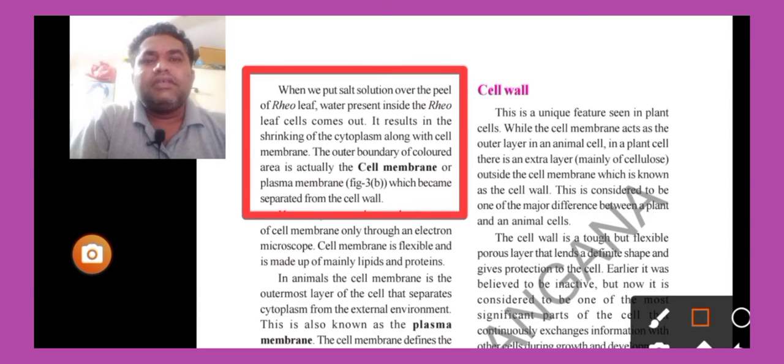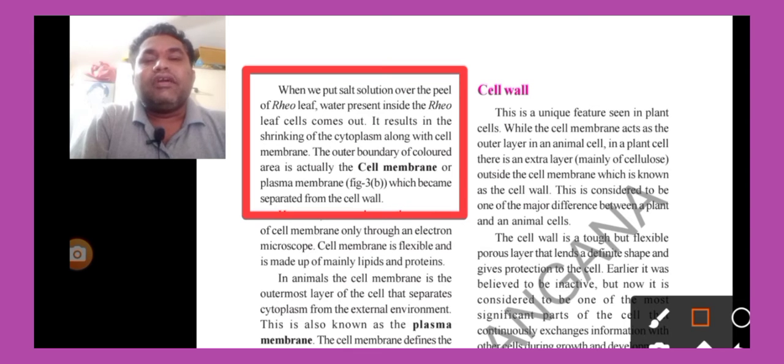Good morning, students. So today we are going to discuss ninth class biology. The important topic I already explained to you previously, plasma membrane and its structure, and how we can prepare the slide of the plasma membrane. Now let us know some more important characteristic features about the plasma membrane.